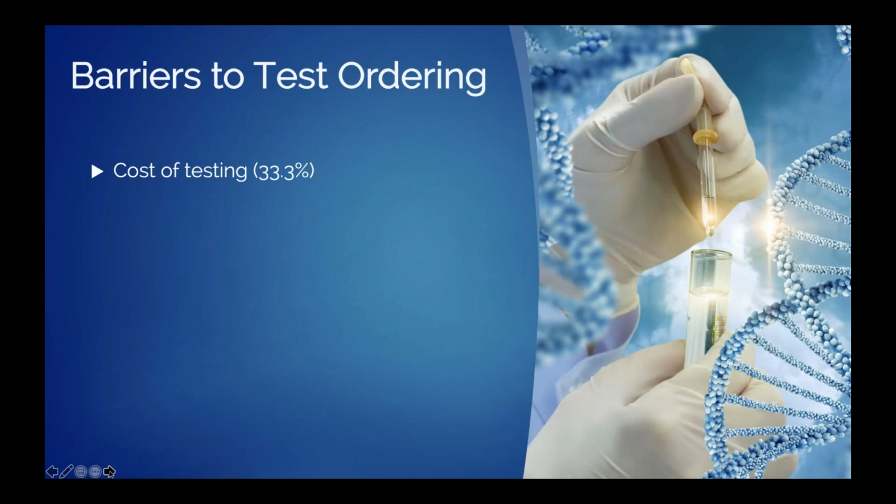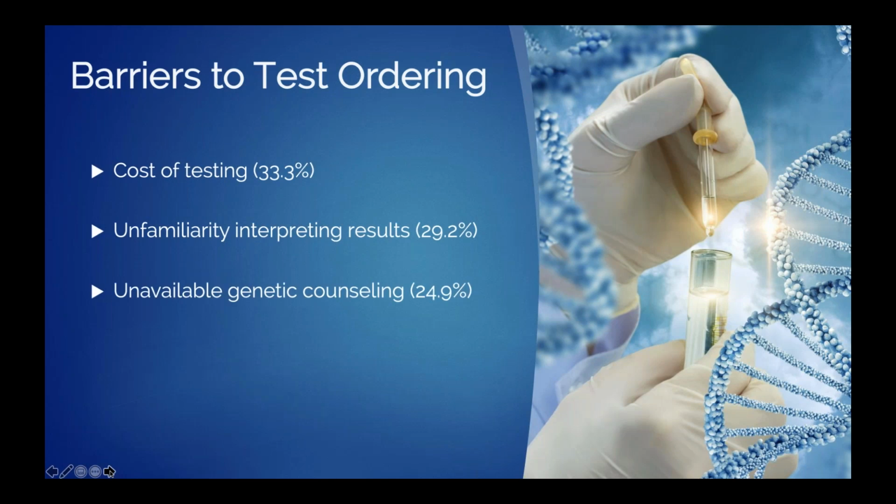The take-home points in this survey were that we identified a number of barriers to test ordering. One of the most important was perceived cost of testing. 33.3% of gastroenterologists felt that cost may be an impediment to ordering testing. Another key issue was unfamiliarity interpreting results. 29.2% of GI doctors reported this as a barrier. And importantly, about 25% of survey respondents said they had unavailable genetic counseling in their communities,